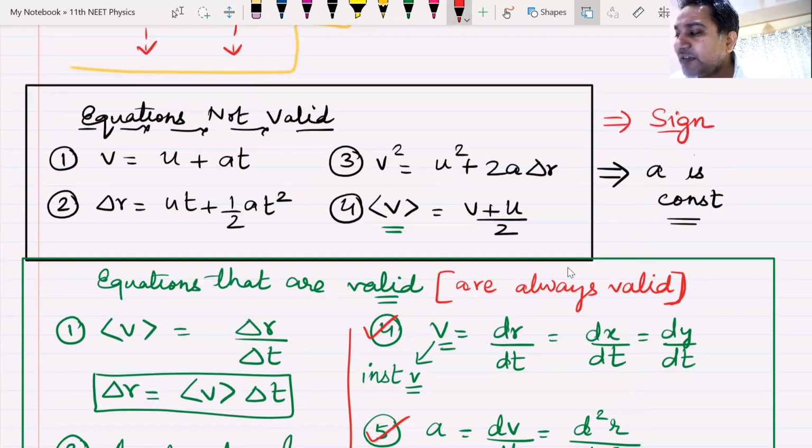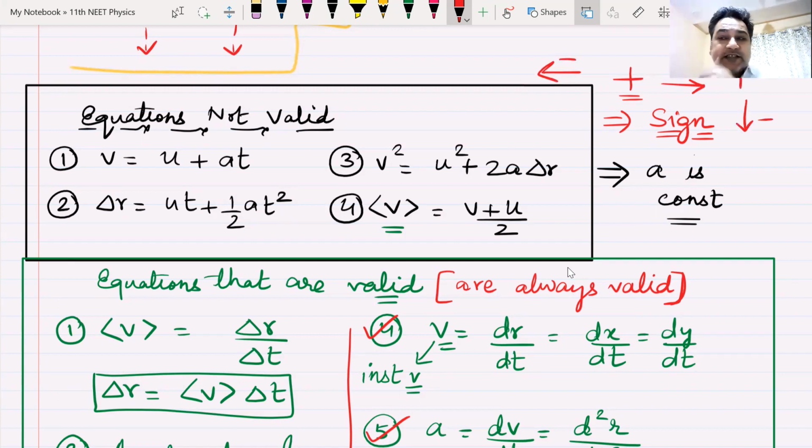Why do we have to use sign conventions? Because whatever we are dealing with are vectors, they have direction. So if something is going on positive x, it is positive. Something going on negative x is negative. Something going on positive y is positive. Something coming down on negative y is negative. That was our sign convention. Signs are very important, positive or negative with vectors. Otherwise, we will lose their directions. If we lose their direction, we kill physics. Don't be a killer. We are just learners.